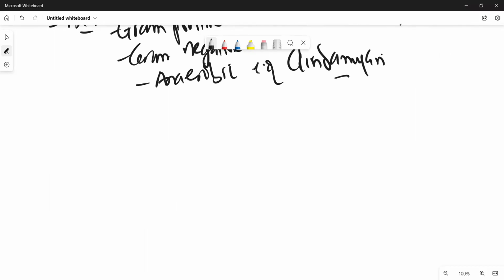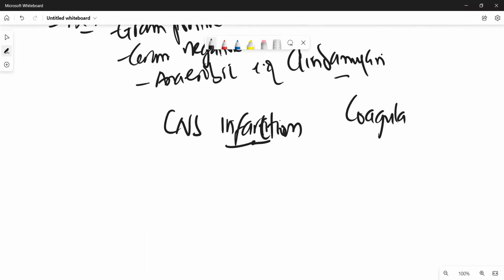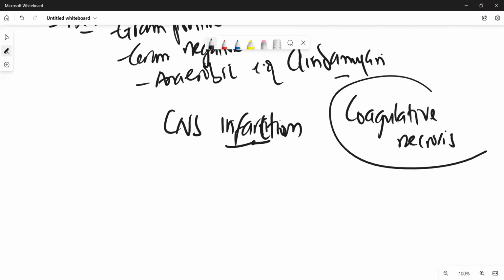Another example I also want us to talk about is CNS infection. If you guys remember yesterday, I mentioned that anytime we have any infection to any tissue in our body, that normally leads to coagulative necrosis. And we said that the only